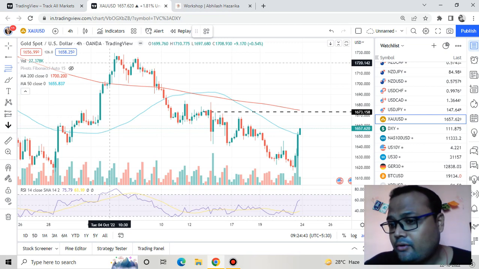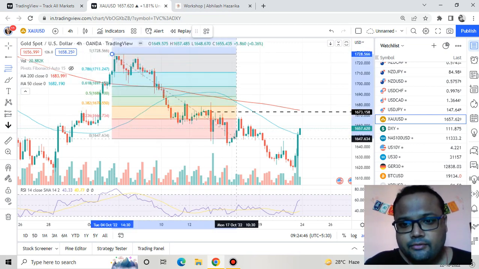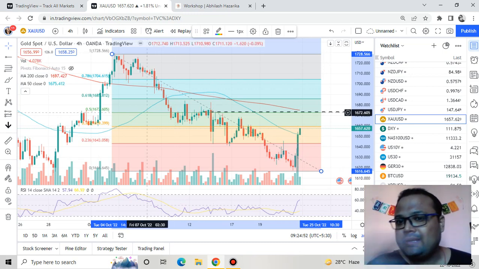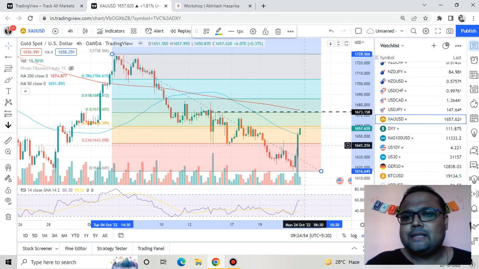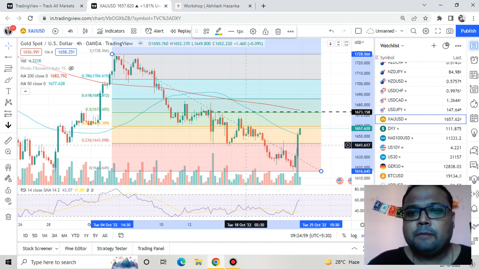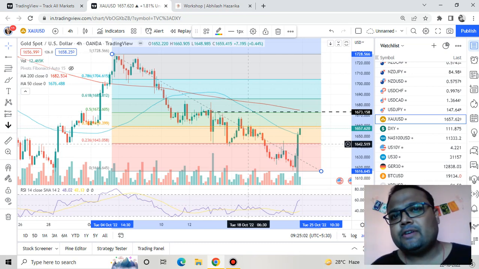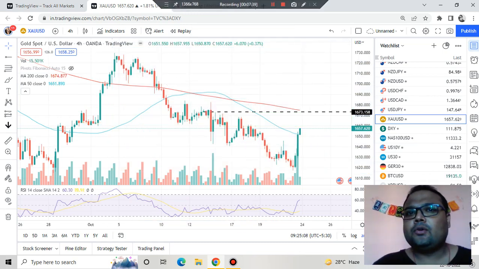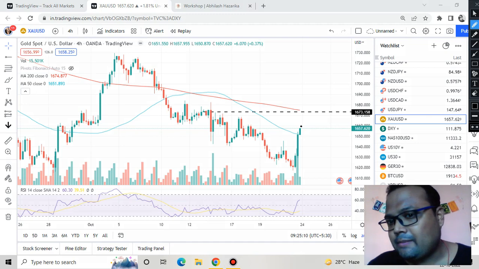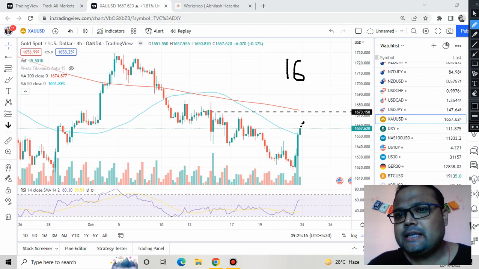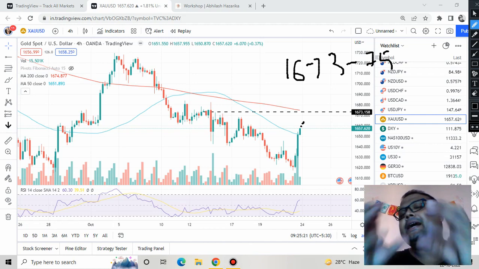Because we are in the 4 hours time frame, and if we draw the Fibonacci retracement here, we can see that we have got 50% Fibonacci retracement around this level. You can see on Friday market did not respect the Fibonacci 23.6, but the 50% and 61 point retracement level has got some importance. So if market goes up like this, listen to me carefully, then I think that around 1673 to 74, market may show some kind of